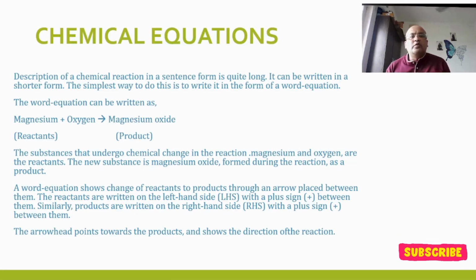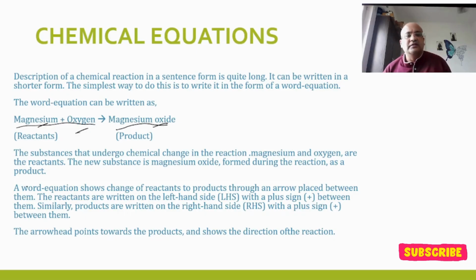For example, if I want to write down magnesium reacts with oxygen, it will give me magnesium oxide. So if I write that in a word form, what will it be? It will be magnesium plus oxygen will give me magnesium oxide, right? Okay, so what I have done, I have written my reactants on the left hand side and the product on